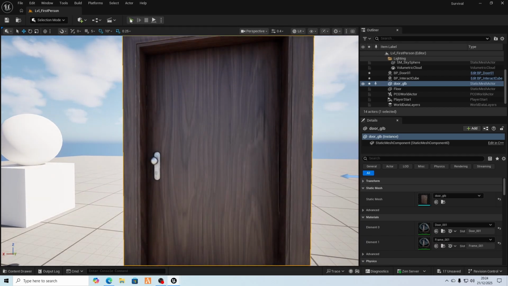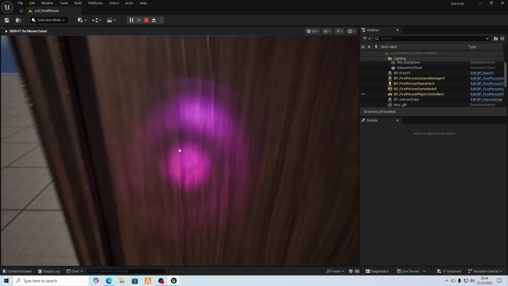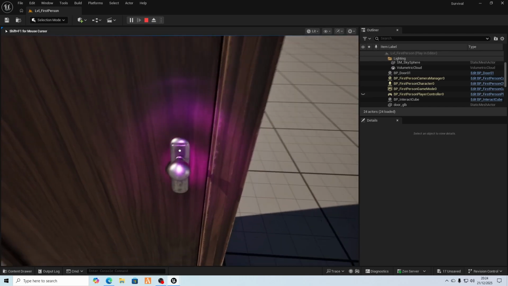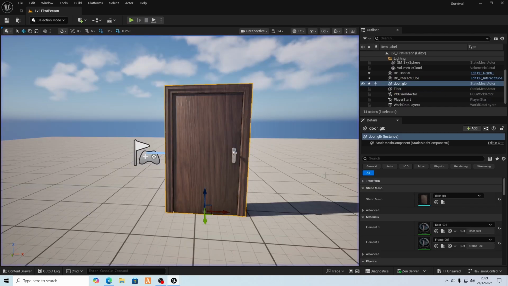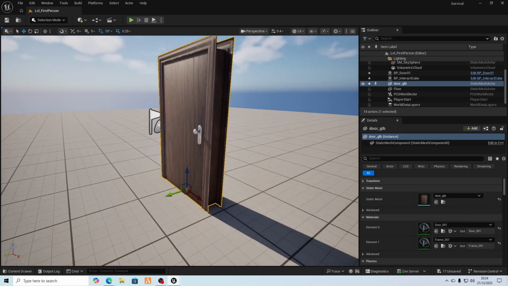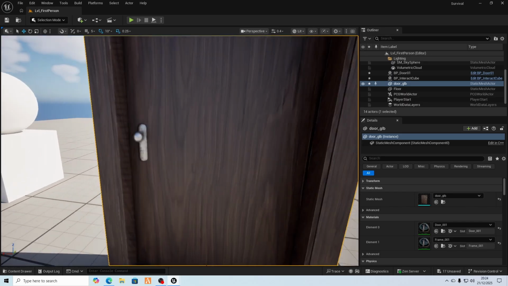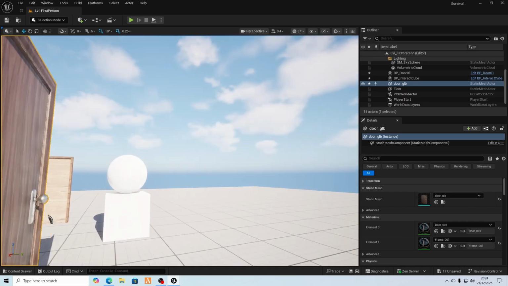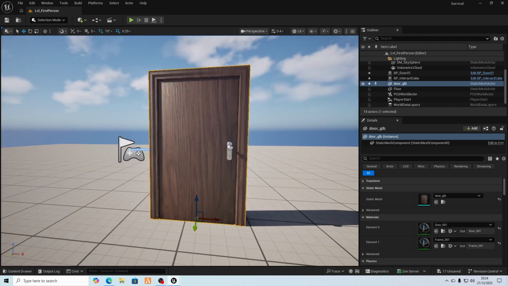it's one piece. If I hit play, let's see if it's got collisions. It has collisions, that's a good start. But I'll also show you a problem with that as well. But our door's one piece, so do this, drag it in the same. You must drag it in because it's part of our